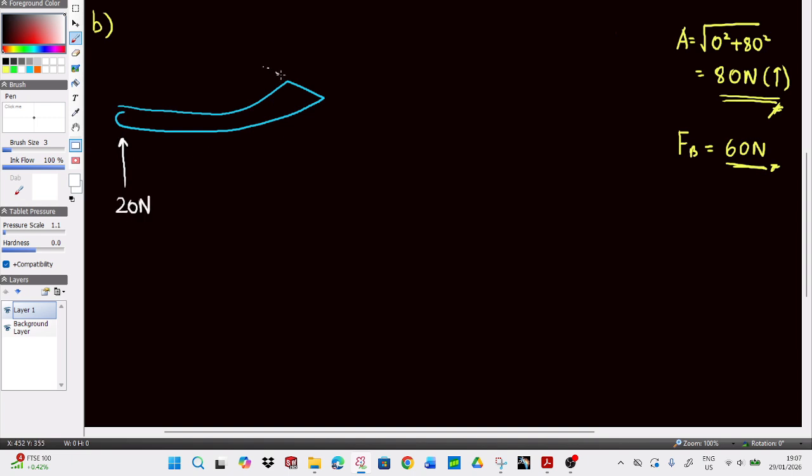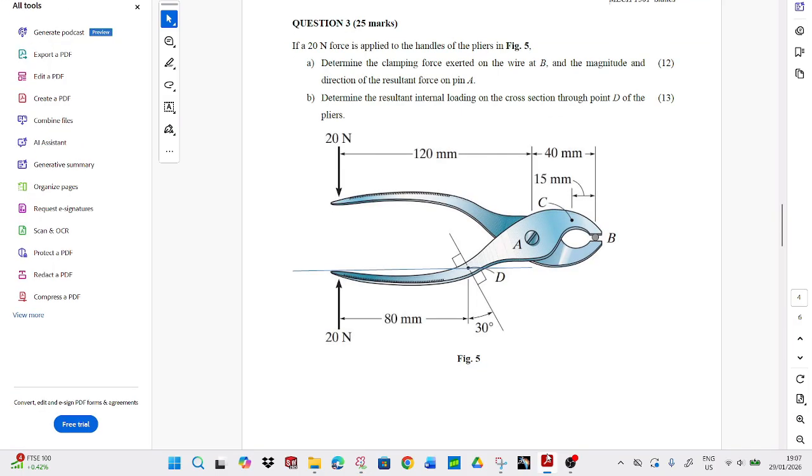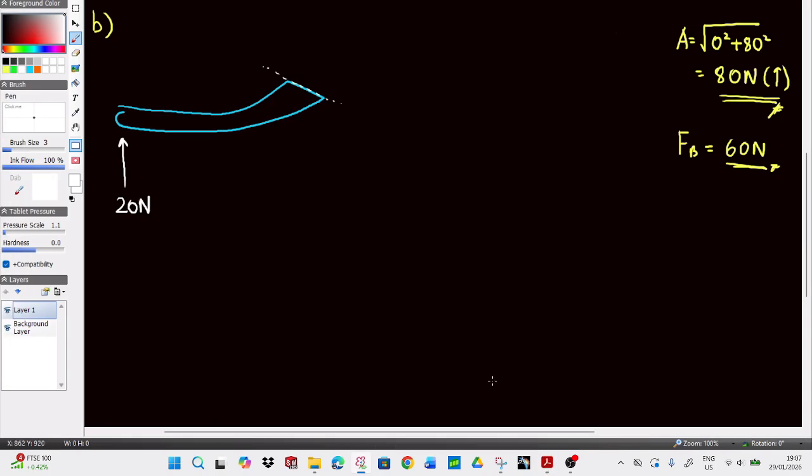And when we sectioned it, by the way, it has an angle of 30 degrees from the normal y-axis. So compared to the vertical, the angle here is 30 degrees. We take the positive x and y convention as usual, and once we draw the internal forces,